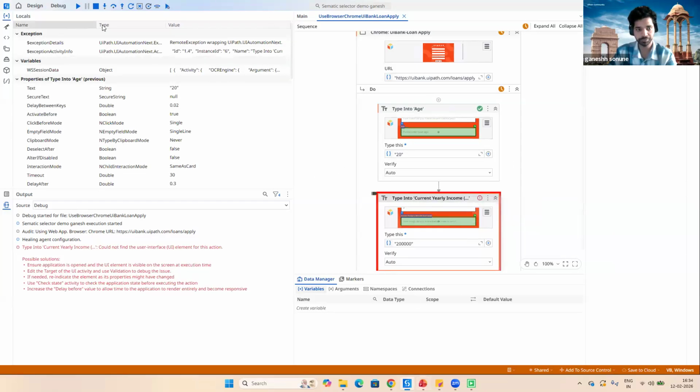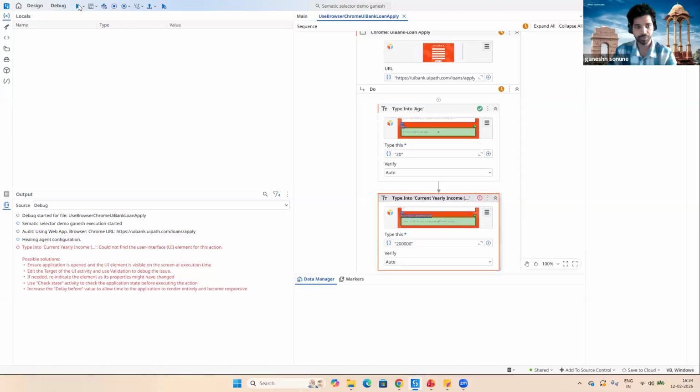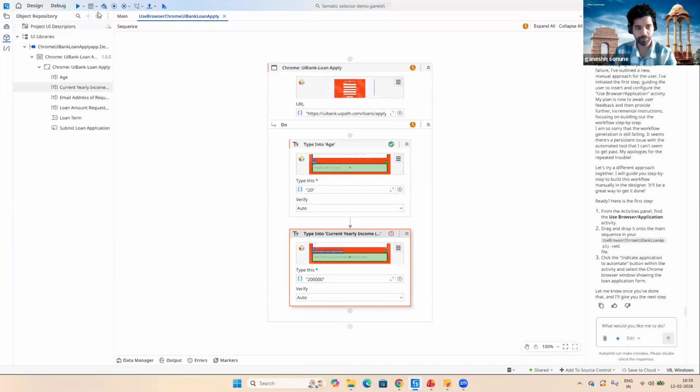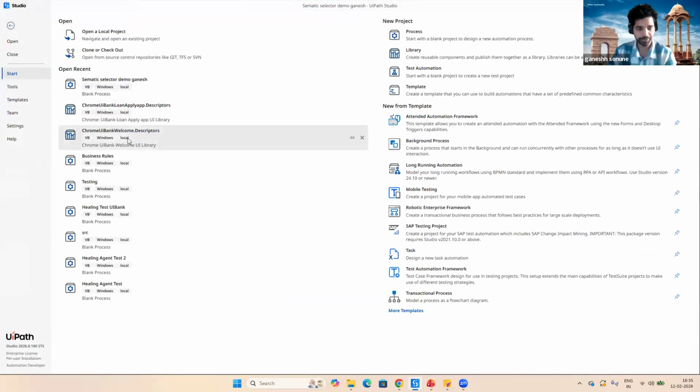Let's suppose we use a semantic selector here. I have created a library for it. Let me go into that library.